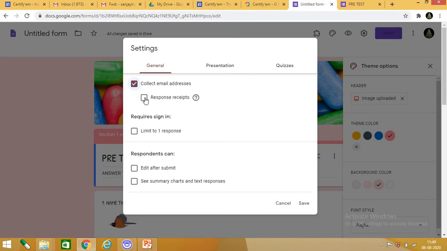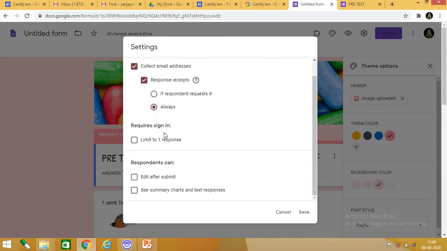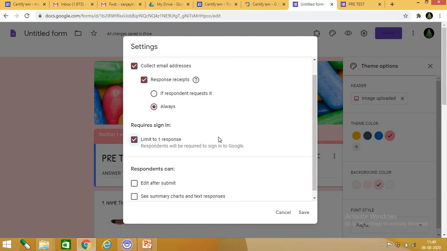Suppose you want to give the response receipt, the answered Google form will be sent to their email if you tick here. So you can tick any one. Next, requires sign in, limit to one response. There were many queries that children respond more than once. So if you tick it here, the response will be limited to only one.